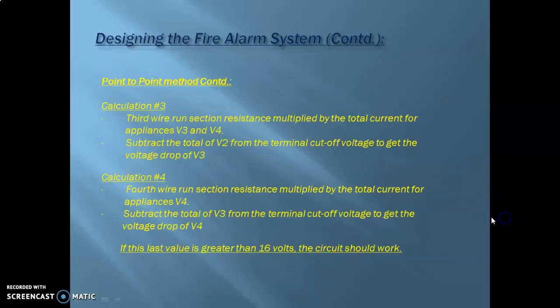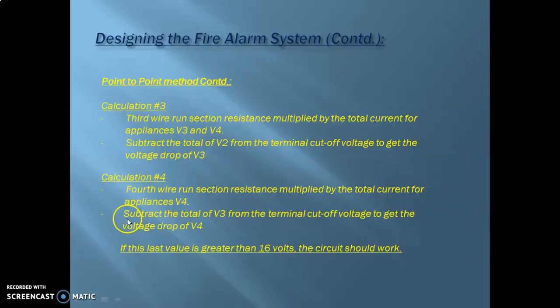Now the third calculation is the third wire run section resistance multiplied by the total current for appliances V3 and V4. We have to subtract the total of V2 from the terminal cutoff voltage to get the voltage drop of V3. Next, the final step is the fourth wire run section resistance multiplied by the total current for V4.